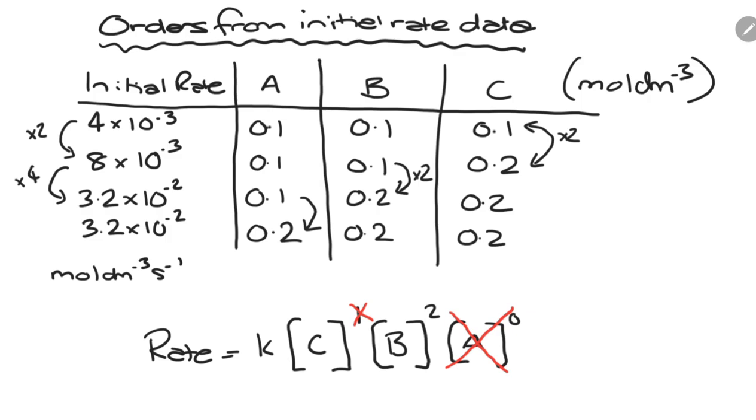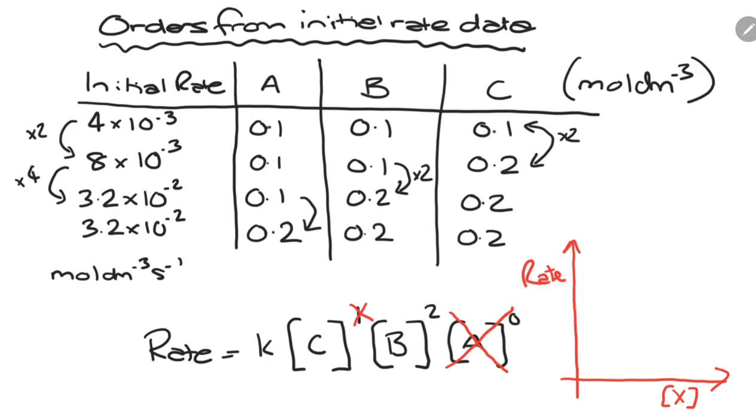So what we've done here is use a method of changing the concentrations and measuring the initial rates of reactions. By isolating the effect of only one reactant at a time, we've been able to evaluate the overall rate equation for this reaction. If we were to plot the concentration of any of these substances, A, B or C, against the rate, what we may see is that for a